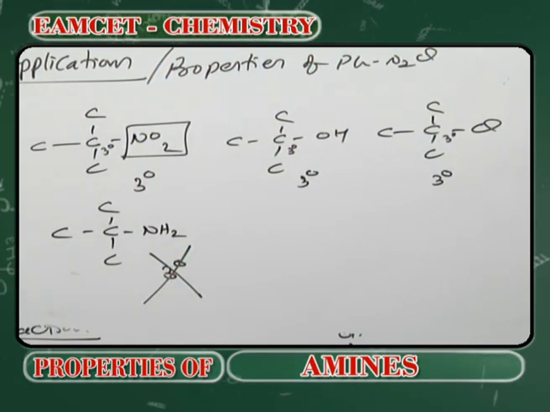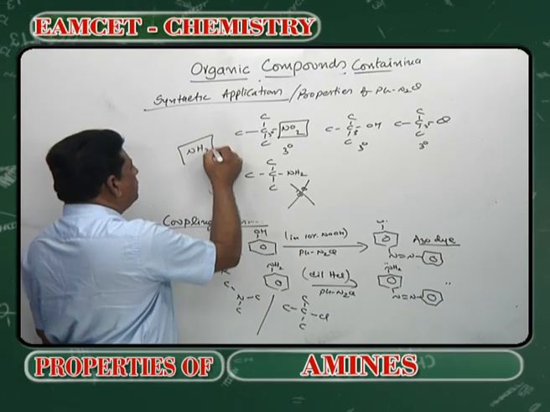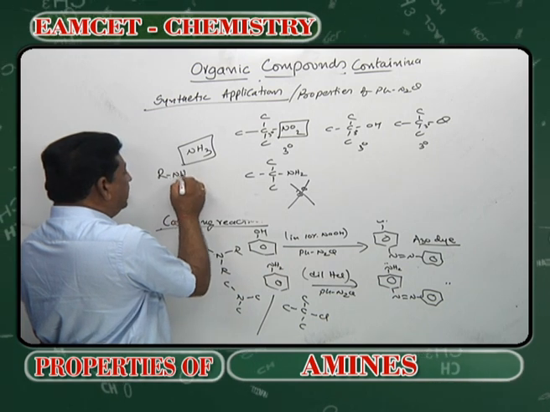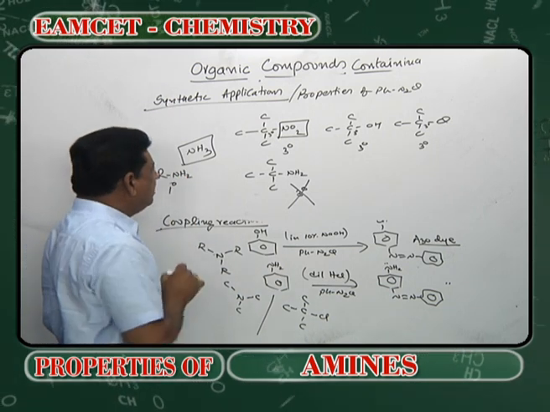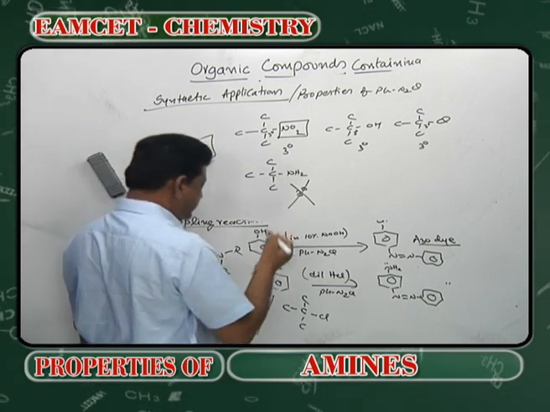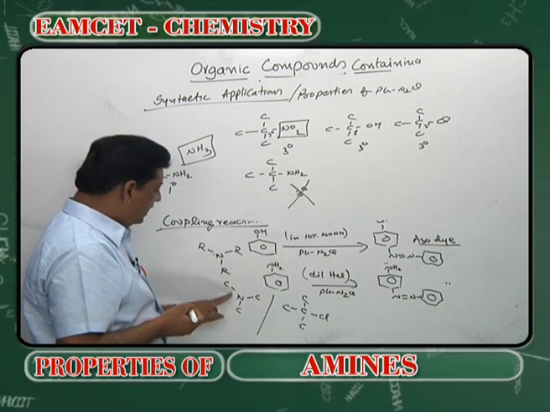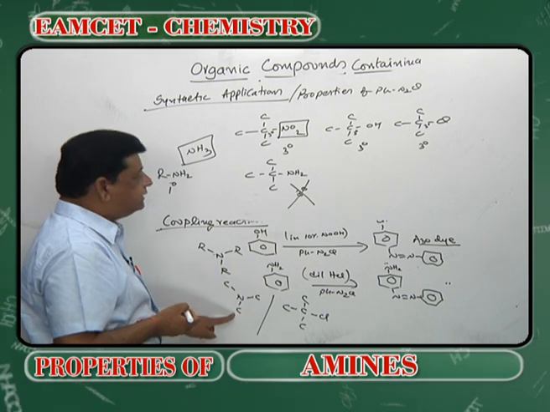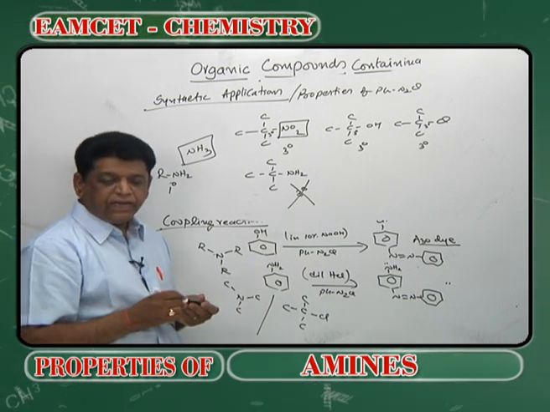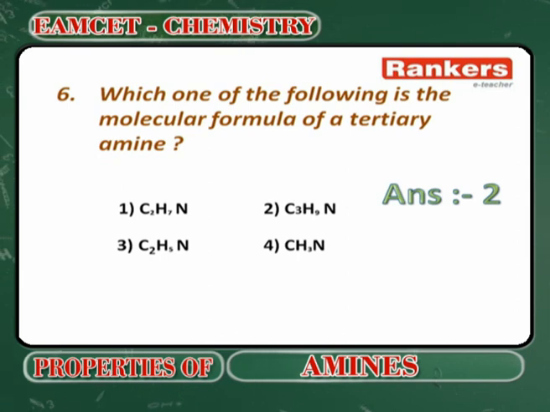This is a primary amine, because the classification of amines is based on ammonia as the parent compound. If 1 R is there, it is called a 1 degree amine. So when will it be tertiary? When 3 Rs are there. That means a minimum of 3 carbons, with nitrogen in the center and 3 carbons on its sides. So the second answer has 3 carbons, and the rest have 2 carbons, 2 carbons, 1 carbon. How can you get a tertiary? So logically the second answer fits, because with nitrogen in the center and 3 methyls on the sides,